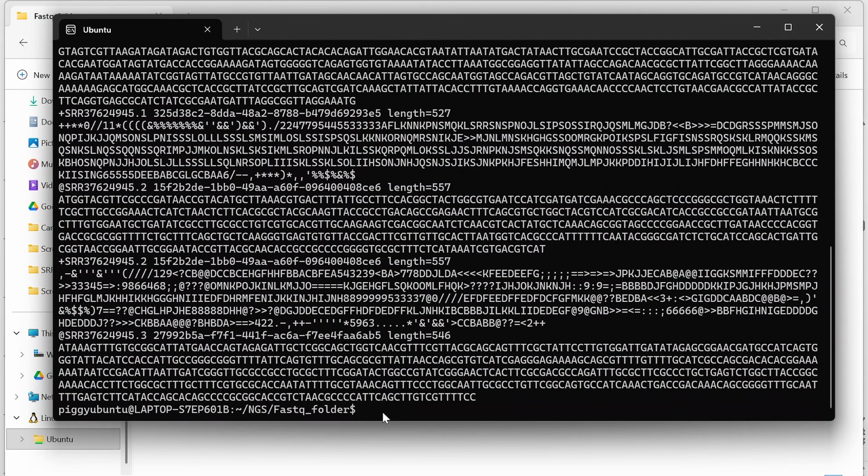First of all, to install the FastQC tool, we have to write the command sudo apt update. So here I have written the command sudo apt update. Now what does this command mean? Here, this sudo command, its full form is actually super user do. Now why are we writing the sudo command? Because this command allows us to run commands as administrator.